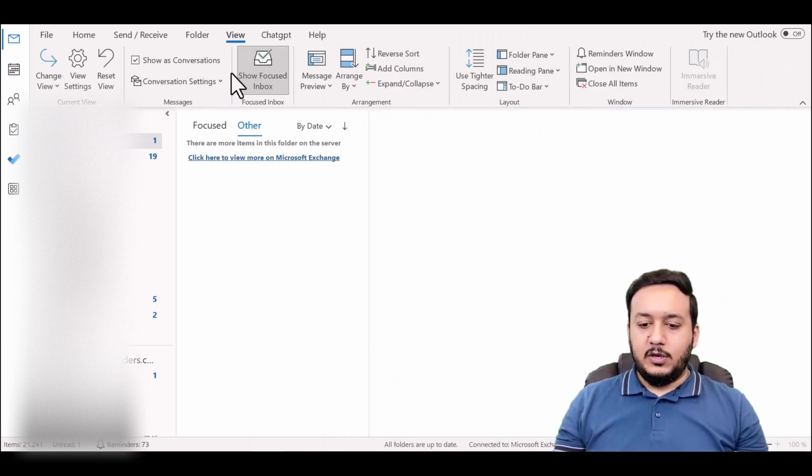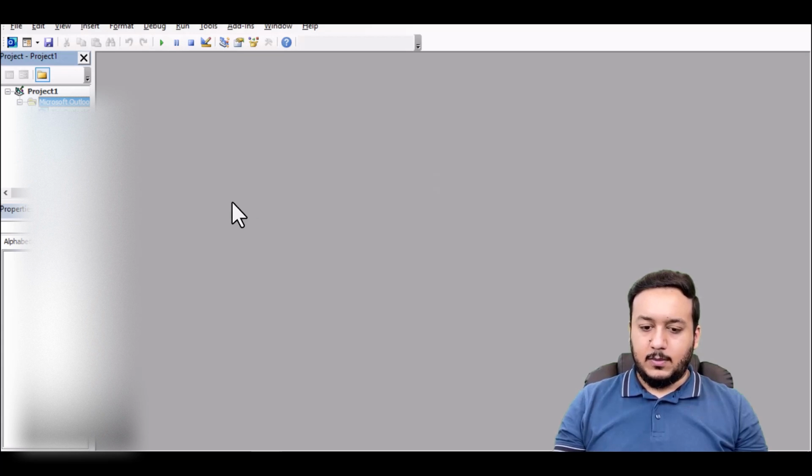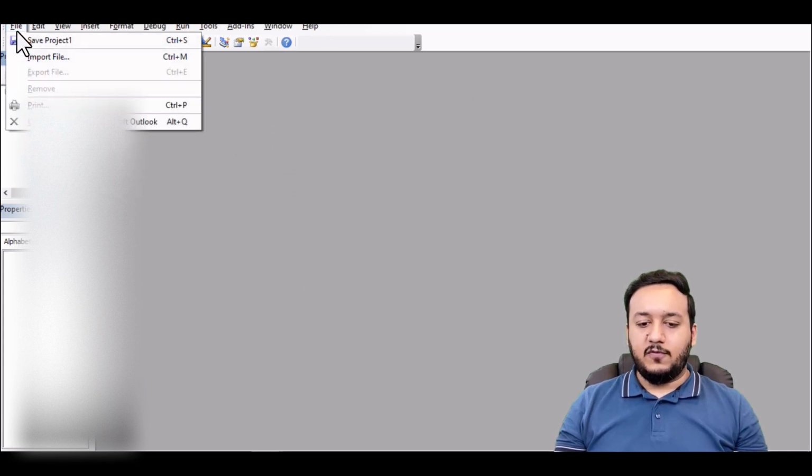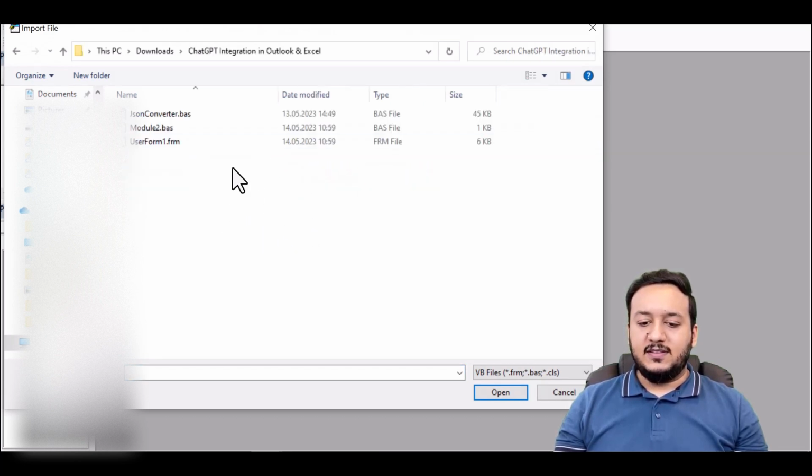First of all, you need to press Alt F11. So I will press Alt F11 on my keyboard and this Explorer window will open. Then you need to go to File and click on Import. I will give this whole project in the description of this video. You just need to select all three